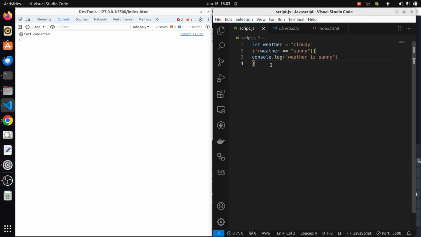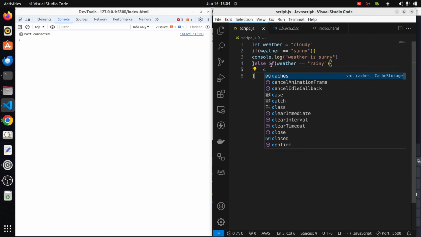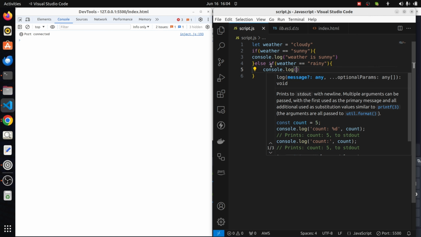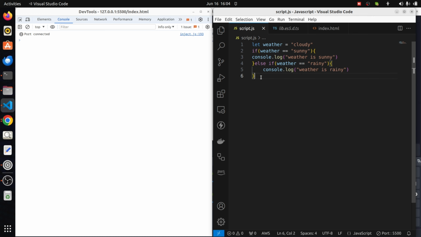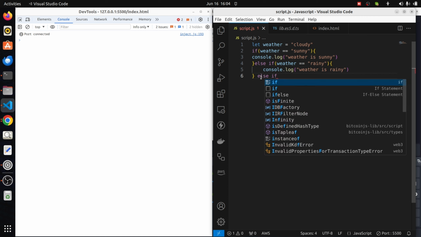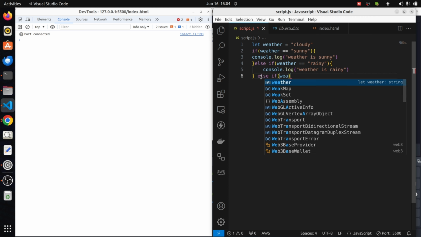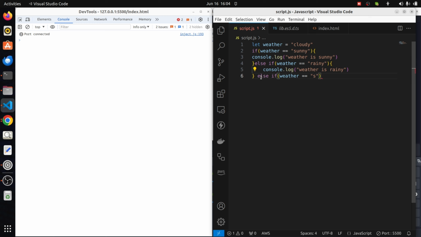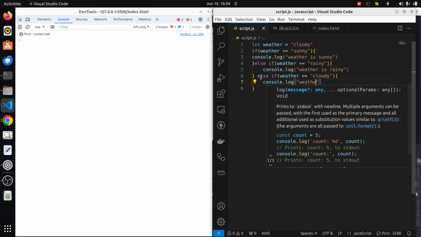right? I want to add another condition, else if weather is equal to rainy, I can say console.log weather is rainy, else if weather is equal to, let's use cloudy. Okay, console.log weather is cloudy,